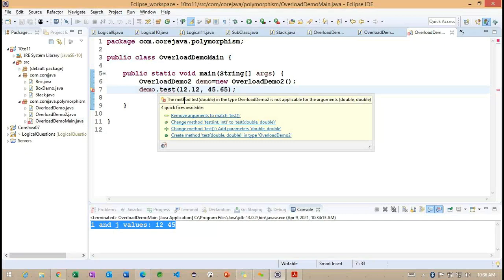I think we declare the method like double. Okay, I don't want to declare a particular method. Any alternative way we can work? I want the same method to perform this particular operation. Overload, the suggestion. In that suggestion, it's there.